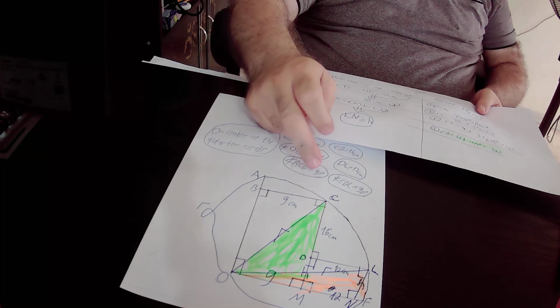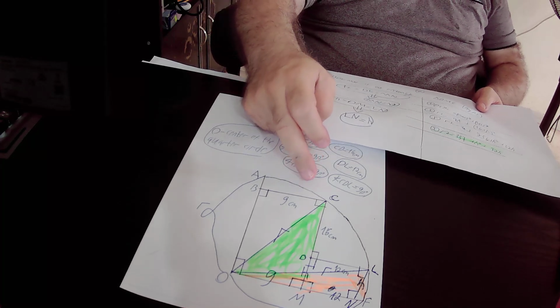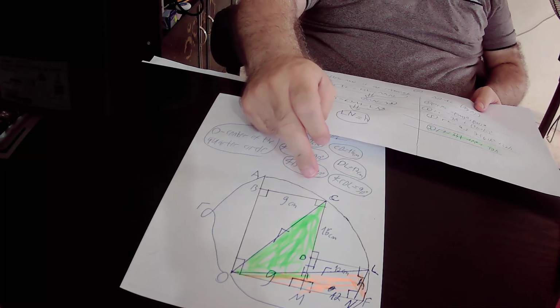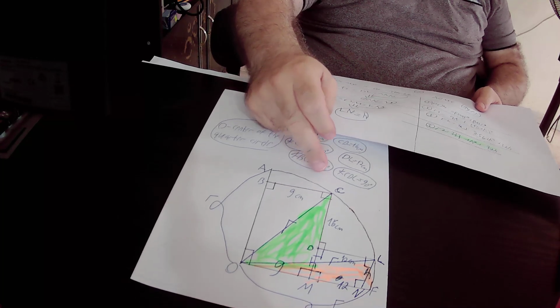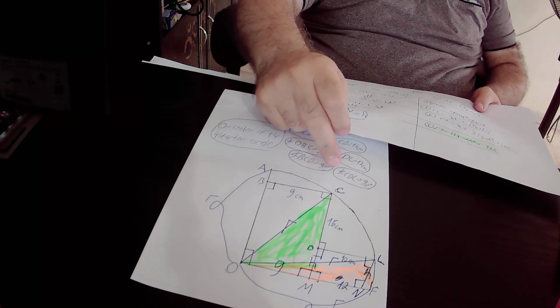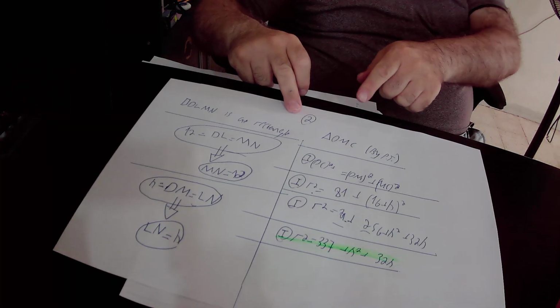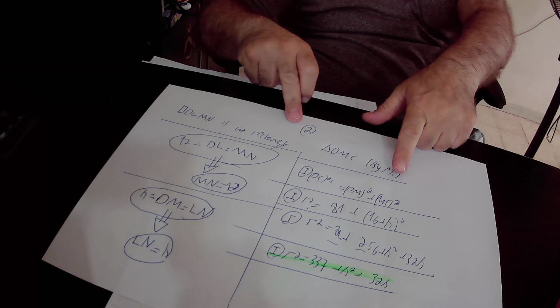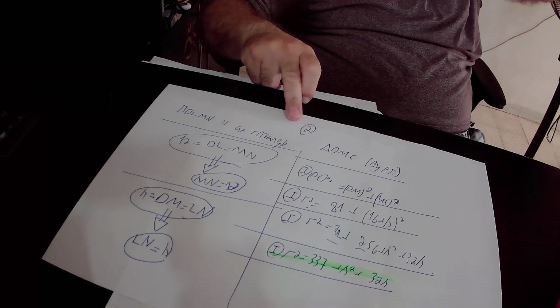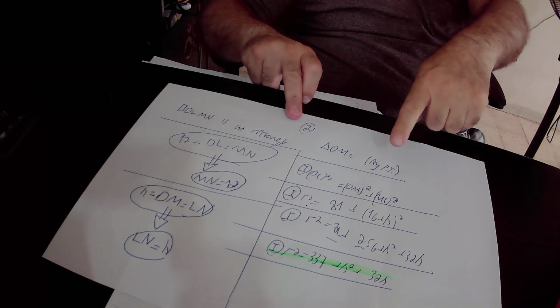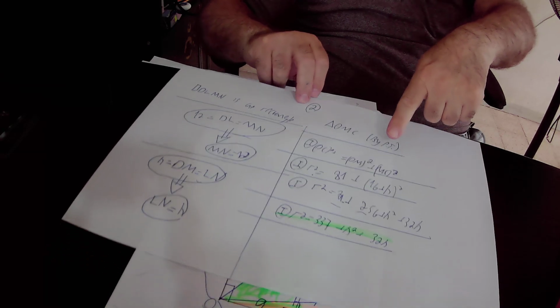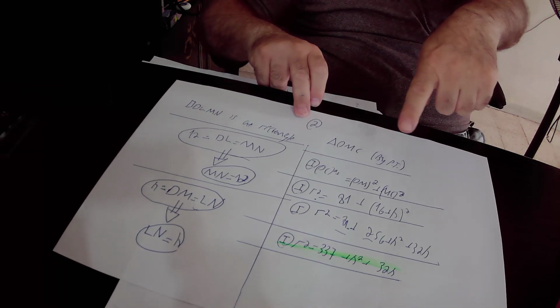So we implemented the Pythagoras theorem on the right green triangle OCM. According to the Pythagoras theorem, OC squared equals OM squared plus MC squared. OC equals R, so OC squared is R squared. OM equals 9, so OM squared is 9 squared, that is 81,